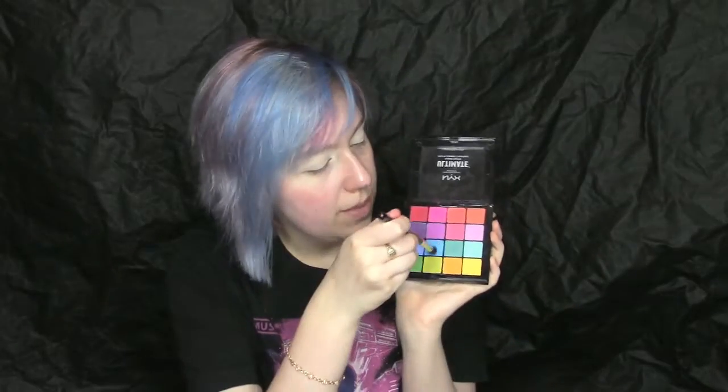I'm setting the concealer with my NYX HD finishing powder in translucent. I'm going to start off with my NYX Ultimate Brights palette. And on a nice big fluffy brush, I'm gonna take the bright blue shade, and I'm gonna lay this down